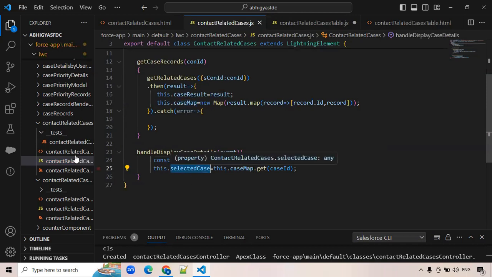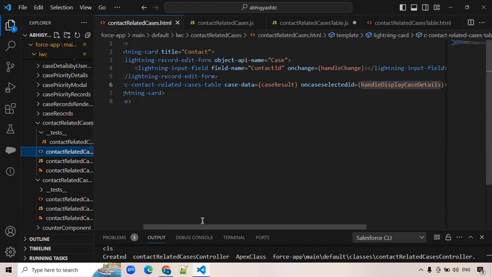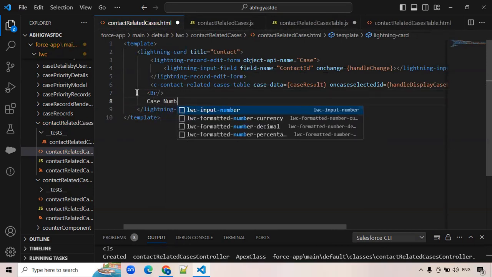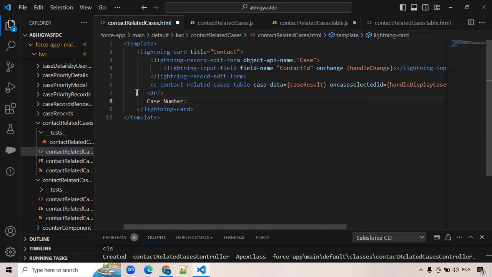So now let's come to the UI. We have to display this information. So for example, we take it by the break. So here, case number. We have to take it by the case number, selected case dot case number, break. So now next we have to display the status,